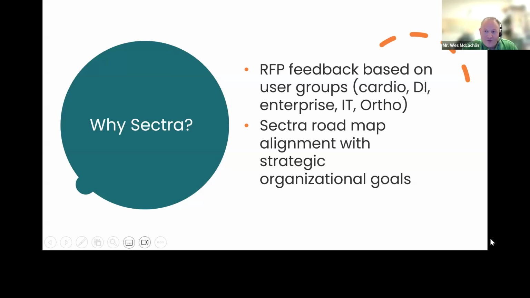Now, given the fact that we are spread out geographically, some of the tools that Sectra had to help with the implementation were tremendous. We were able to leverage a lot of the e-learning resources that were available through Sectra. Now, specific to cardiology, because they did have some more specific demands, we did also have in-person training with the implementation group from the various stakeholders with Sectra, both from the imaging side as well as from the reporting aspect,